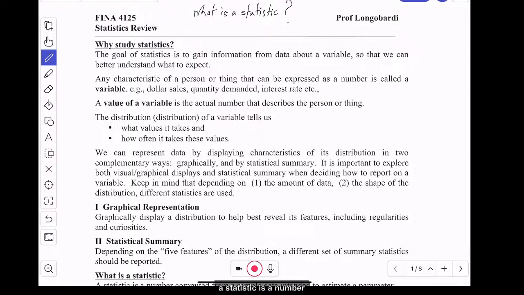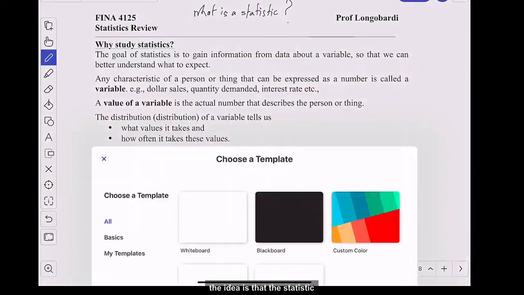A statistic is a number calculated from data in a sample. That's what a statistic is. That's the most general explanation I have. With what purpose? Why do we do this? The idea is that the statistic